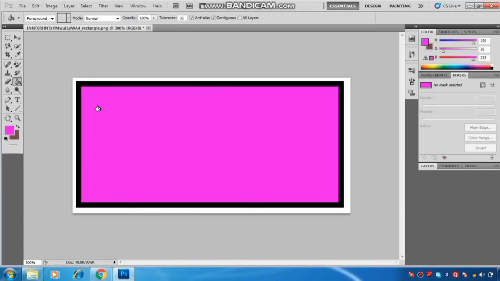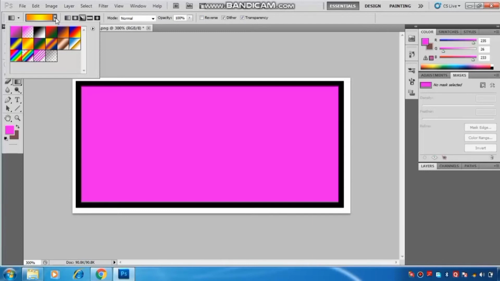Now our next tool is gradient tool. So first of all we have to learn what is the use of gradient tool. A gradient tool is used to fill the selection with the blended multiple colors. Means if we want to fill the multiple colors that are blended, then we will use the gradient tool. Okay, so for this we will select the gradient tool from here like this, and choose an appropriate gradient type in the option bar. So this one is your option bar. From here you can select the type of gradient. Okay, suppose I want this type of gradient in my image, then I have to select this.